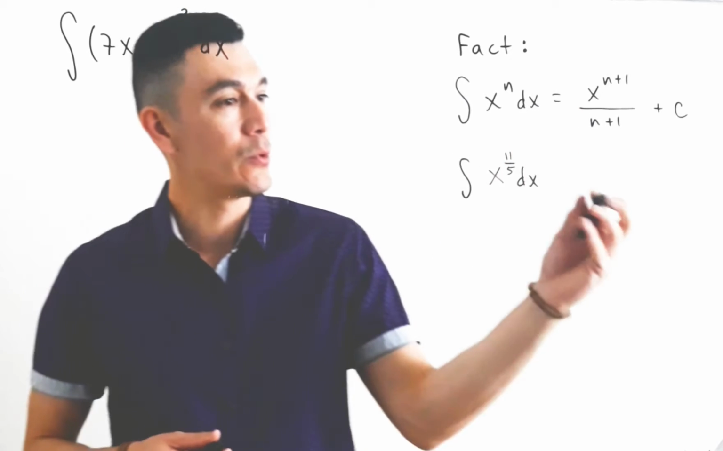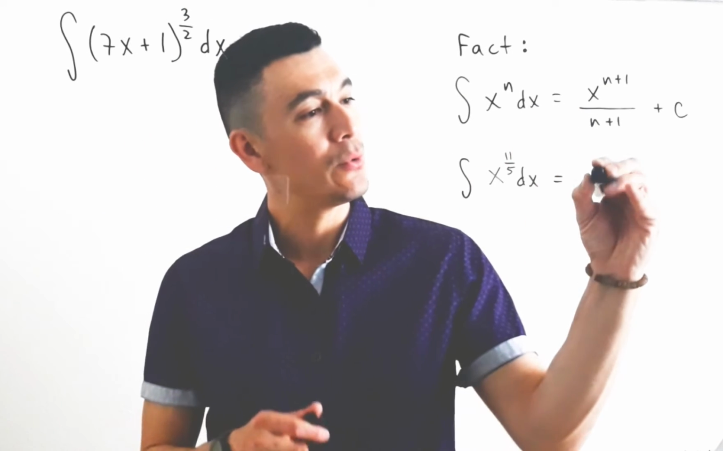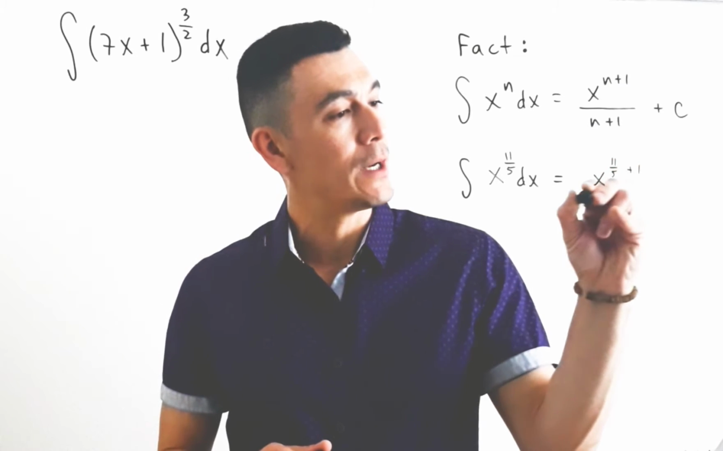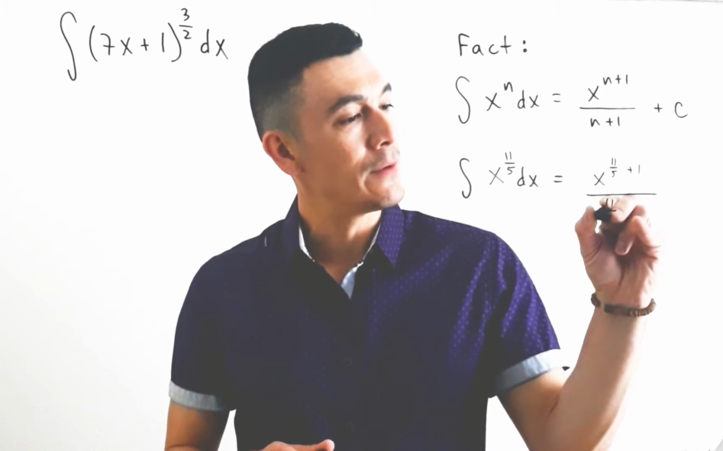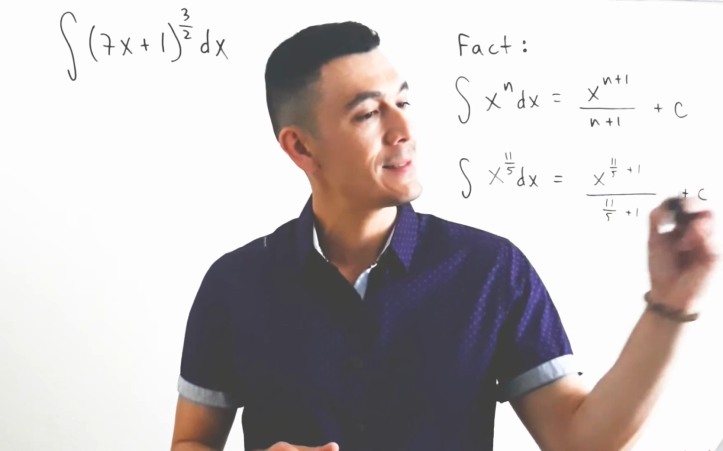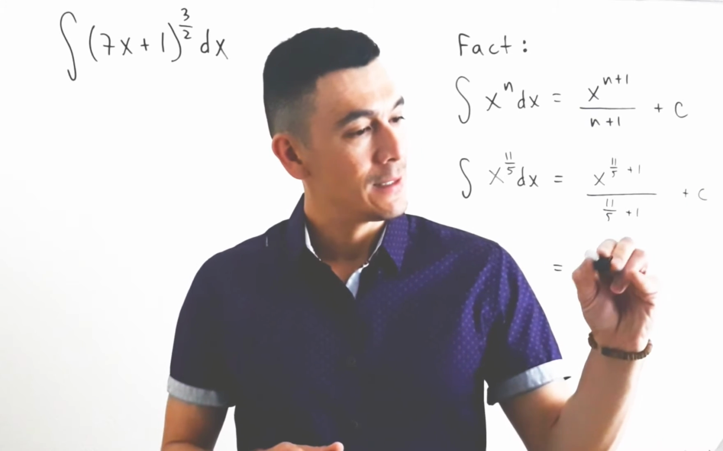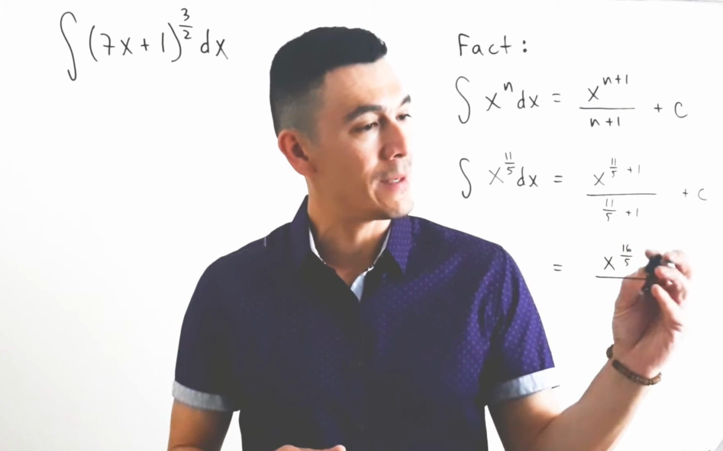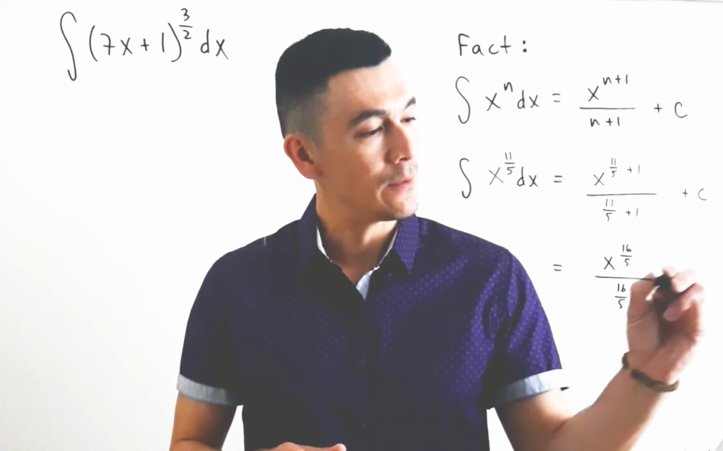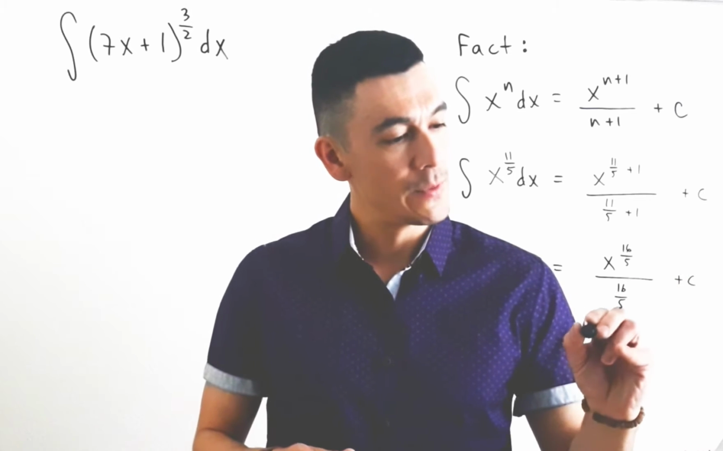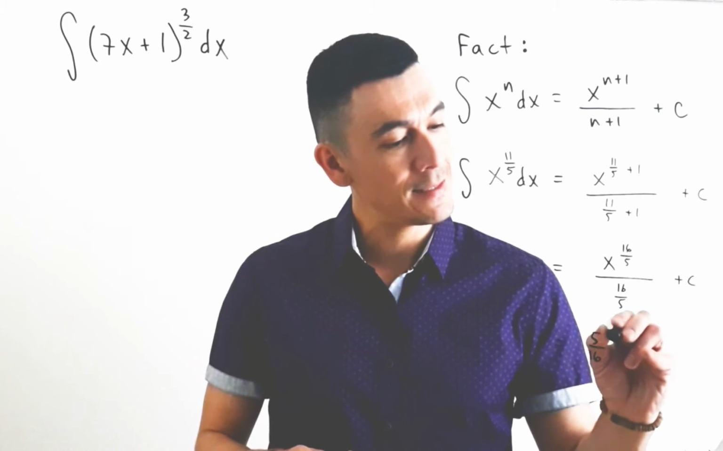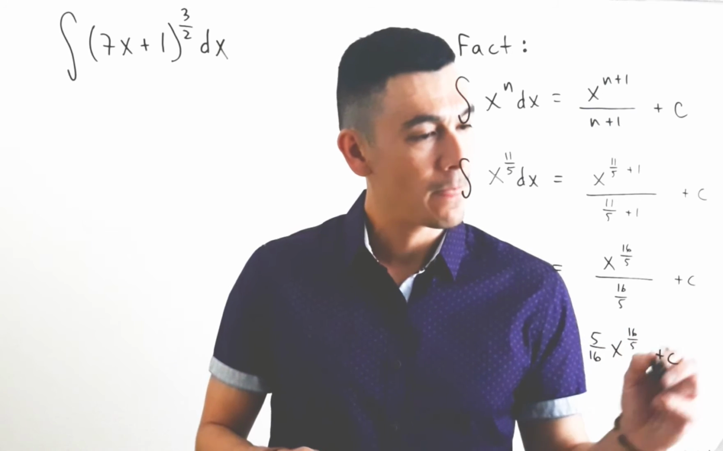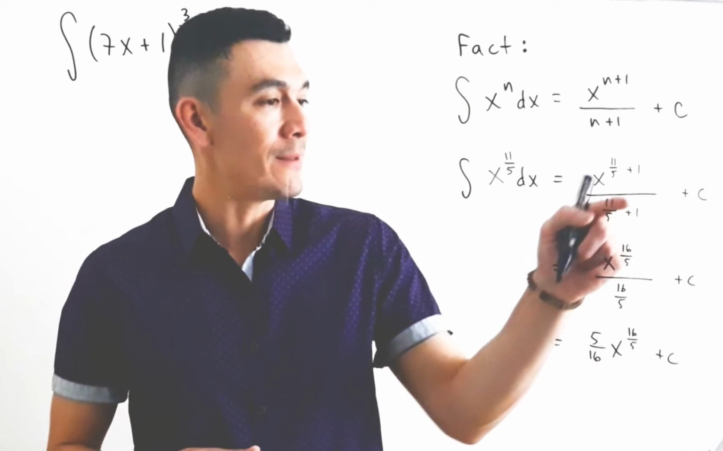So based on this rule, this would be equal to x to the power of 11/5 plus 1, divided by 11/5 plus 1, plus c, which would be what? x to the 16/5, if you get common denominators, 16/5 plus c, which would simplify to 5/16 x to the 16/5 plus c. So you add 1,